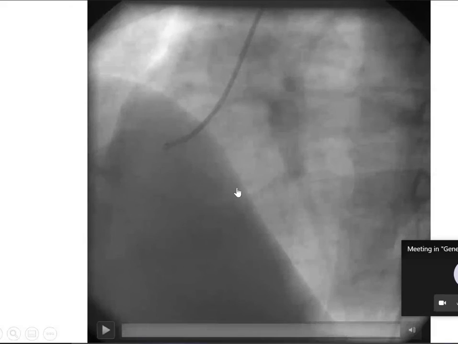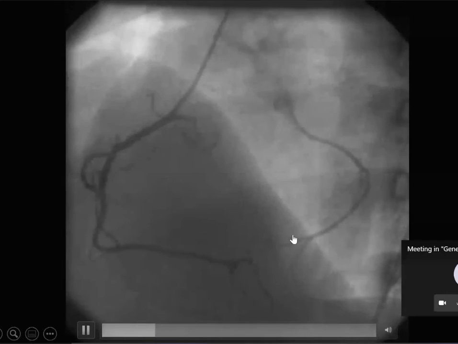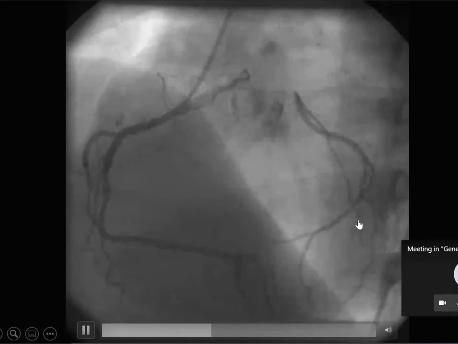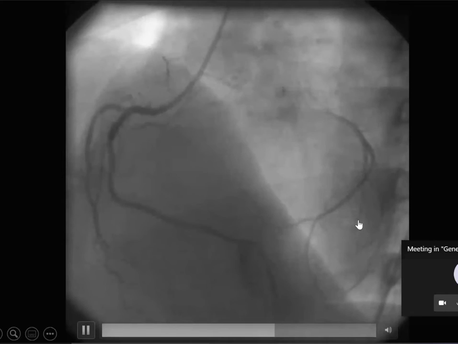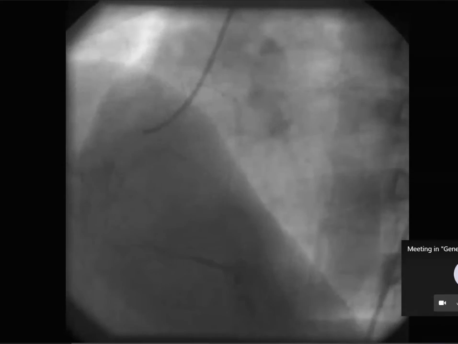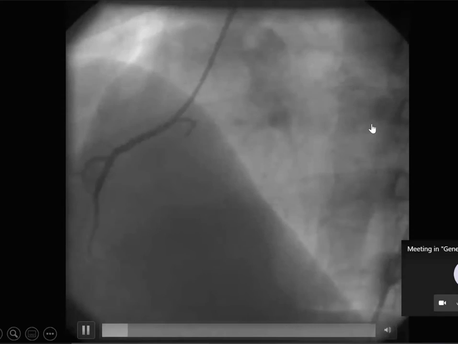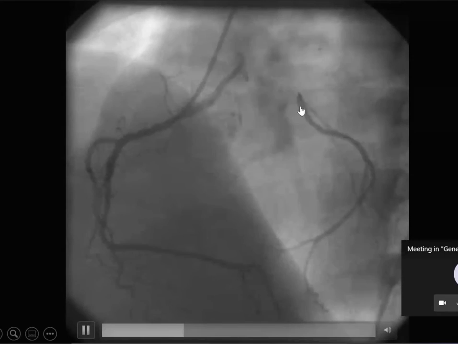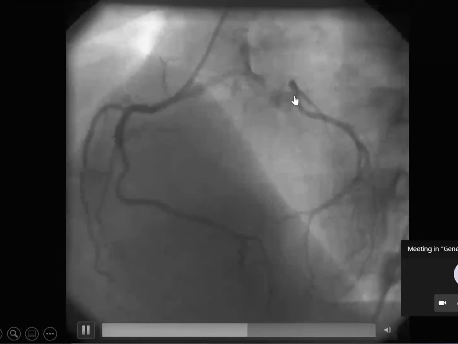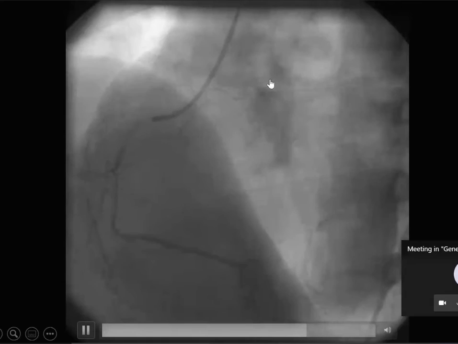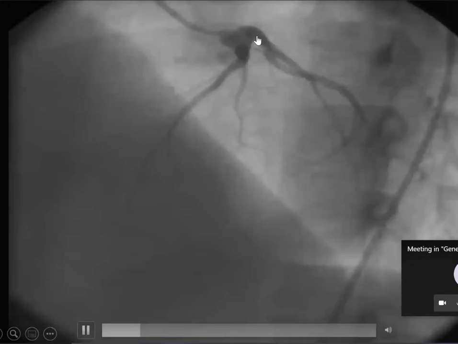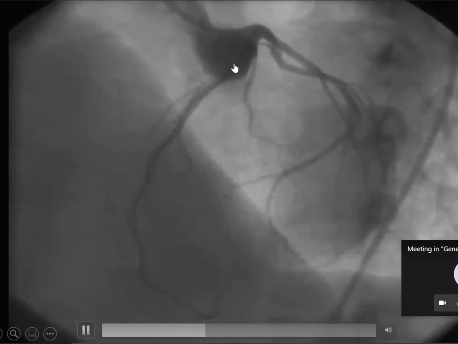What we are seeing is the right coronary is filling the left. But usually one coronary fills when the other is having some form of occlusion. But here there is no occlusion. So it is filling the aortic sinus also. Here the left is absolutely normal. There is no lesion.